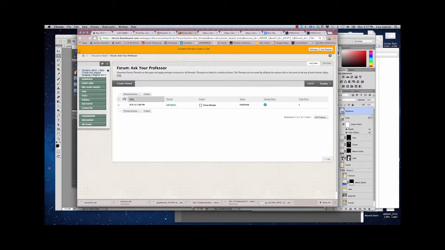And we've had one person ask a question there. A lot of times, students all have similar questions, and when you post them in here, I can answer back in an open forum where all the students can read the answers, and it saves me time and it saves everybody else time. In addition to the Ask Your Professor, which are specific questions that are not pertaining to any one specific week or a particular lesson,